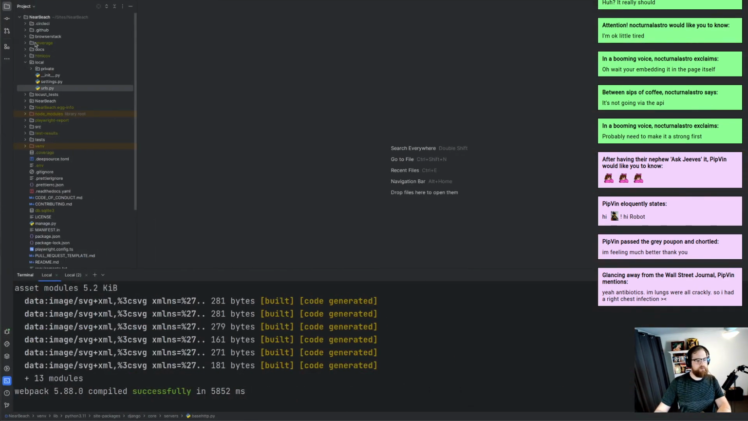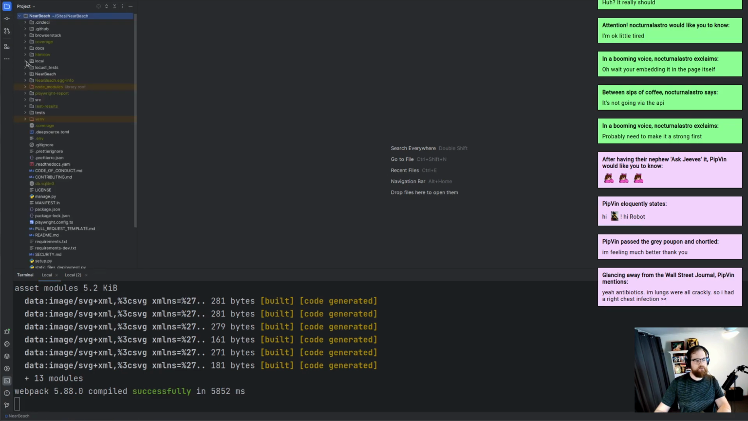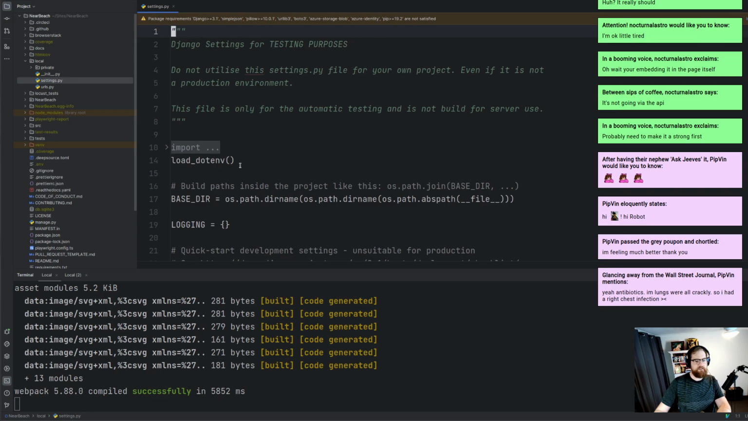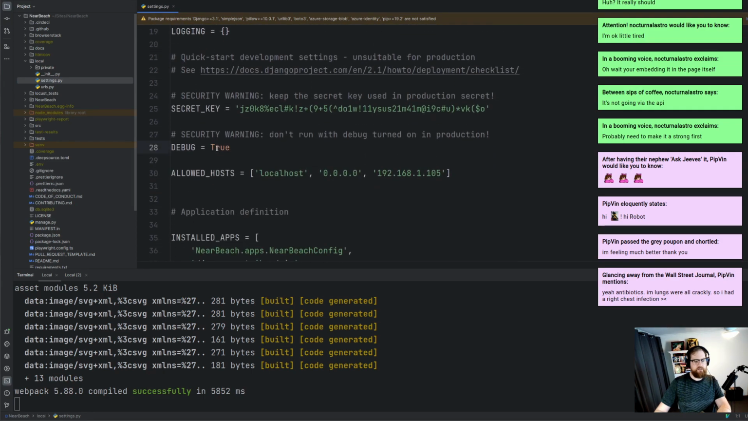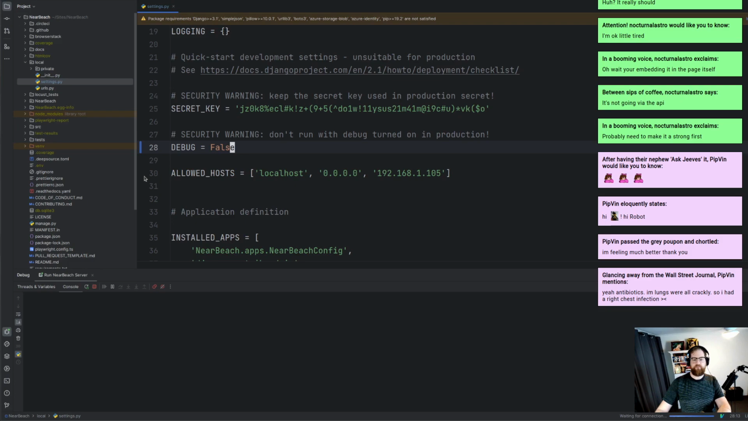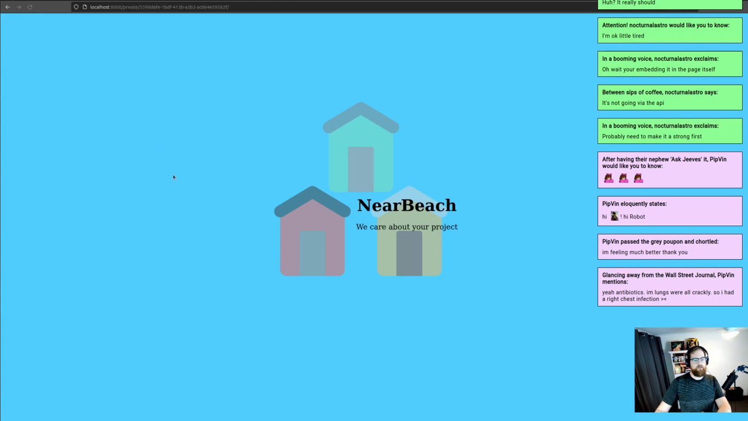Now the one problem is this is in debug mode. We need to actually get out of debug mode. So the one way to do that, go into local, go into settings. We actually just have it debug. We're just gonna go false. We'll change this back. Don't you worry. We'll reset everything. So it's like that. And then if we hit refresh,